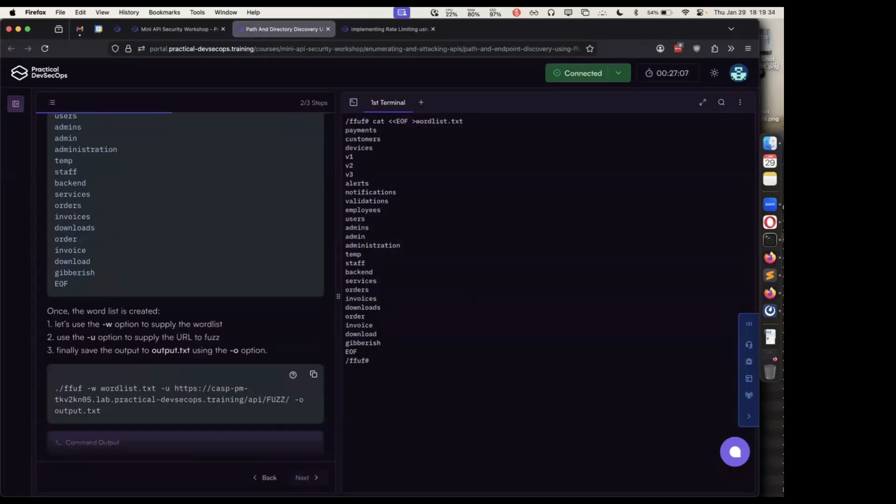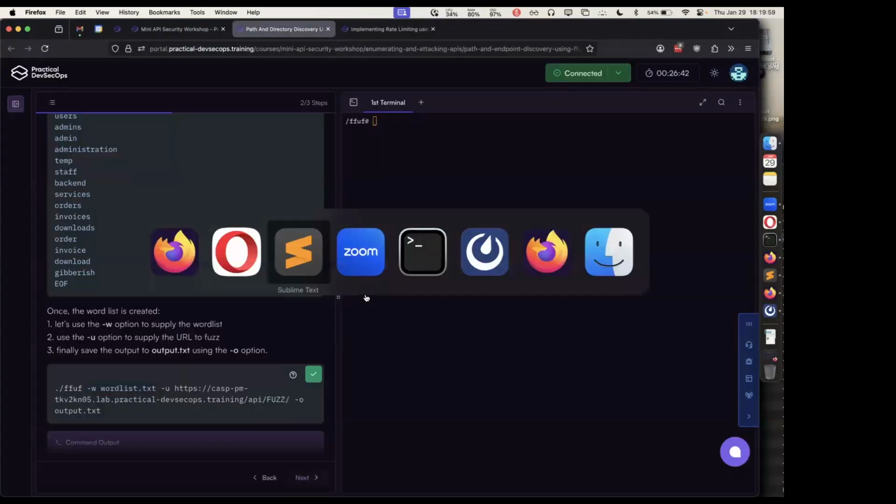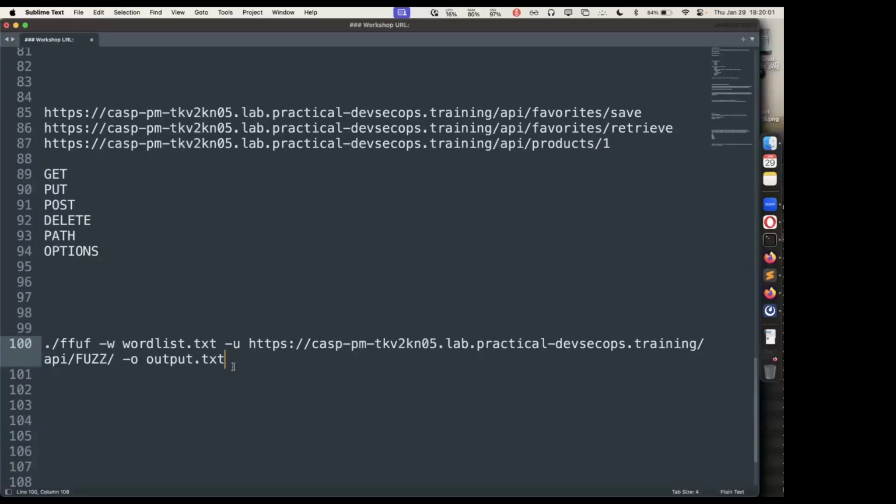And then once we have this list of words that are present in this file called word list, I'm going to call FF, supply this word list, and tell FF to use the list of words after API. So what this is going to do, if I go back to my Sublime editor here,